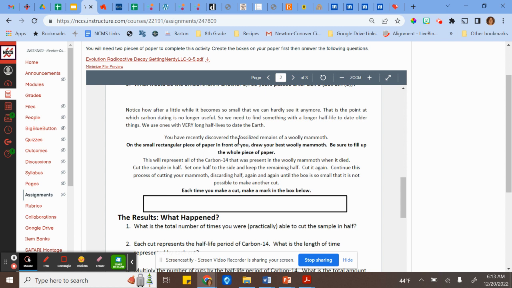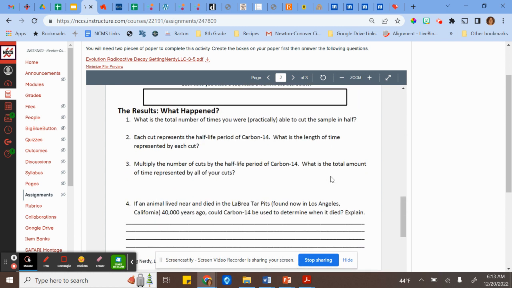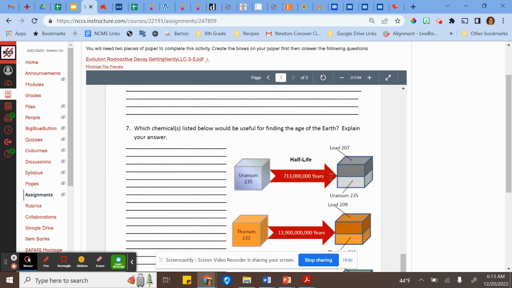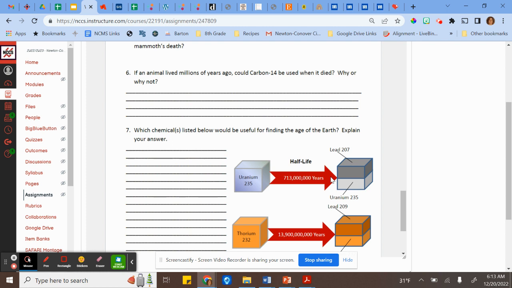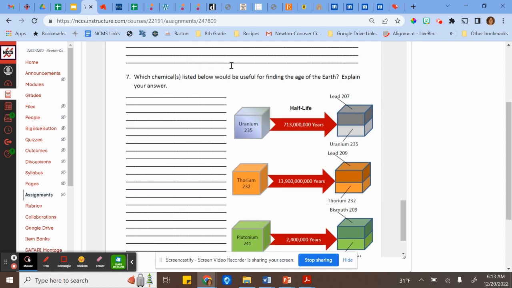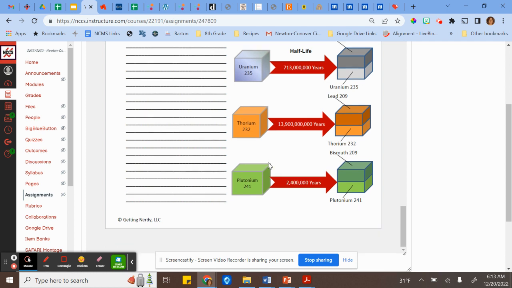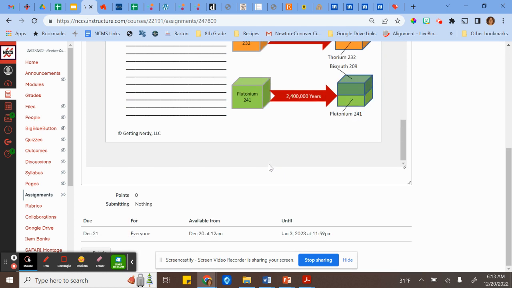And you're going to need another piece of paper at this point where you are going to draw a woolly mammoth on the entire paper. And then you're going to start cutting it in half, trying to see how many cuts you can do in order for it to remain useful. You're going to go ahead, do that, answer these questions on your paper. You're going to answer them on your paper, and then you can